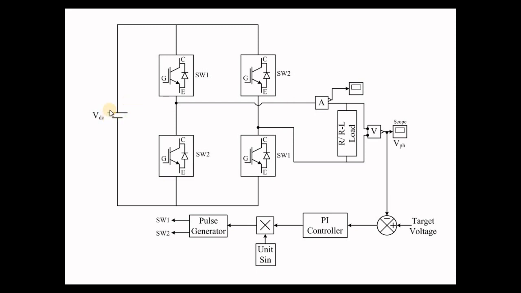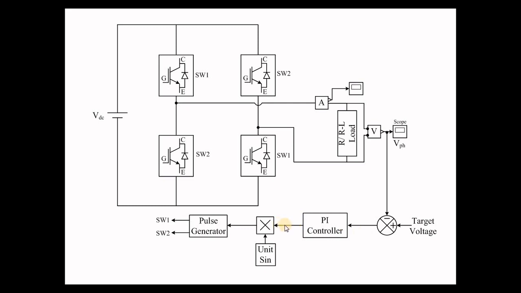So this is called a DC to AC converter, and because this is closed loop, I can maintain my output voltage as a constant value at my target value. This target value may sometimes be maximum, or sometimes minimum, or exactly whatever value I require. These applications we can use, for example, in speed control of a single phase induction motor. If you want to control the speed of the induction motor, then you have to control V by F. So frequency also we can control, but that frequency control I will explain in some other class. So only the voltage controller I am explaining in this class.